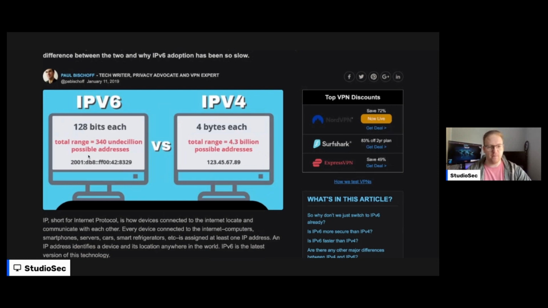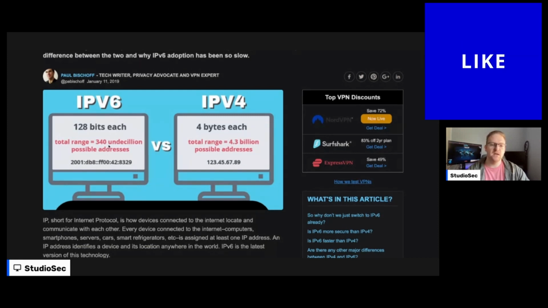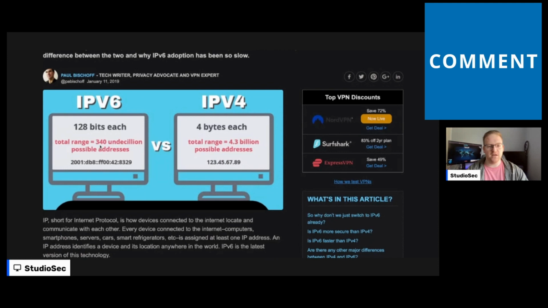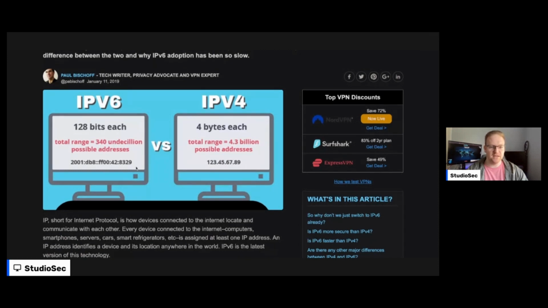IPv6, on the other hand, and you see the schema for these addresses, it definitely looks a little funky. It's using hexadecimal to express the address, but it gives you 340 undecillion possible addresses, and I've literally never heard of that number before.